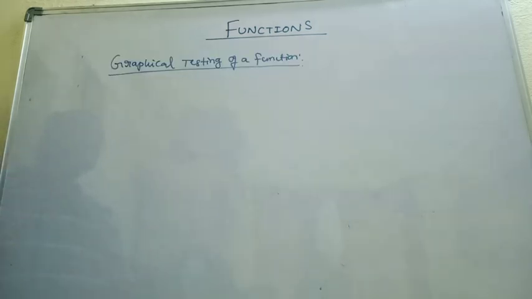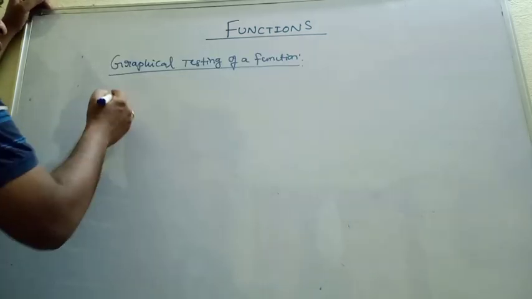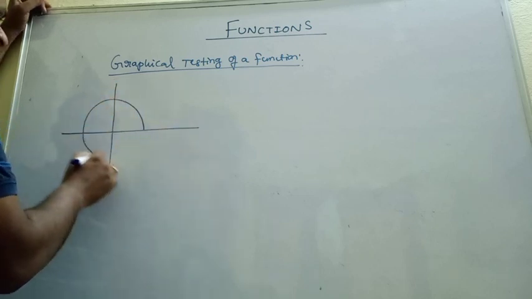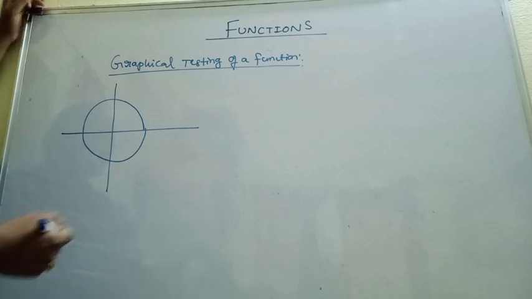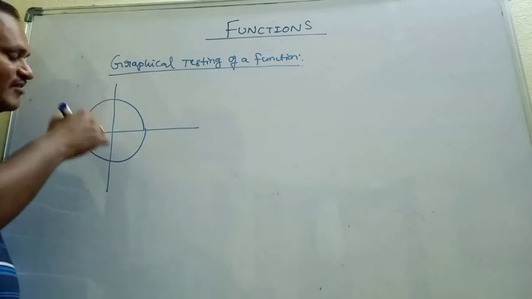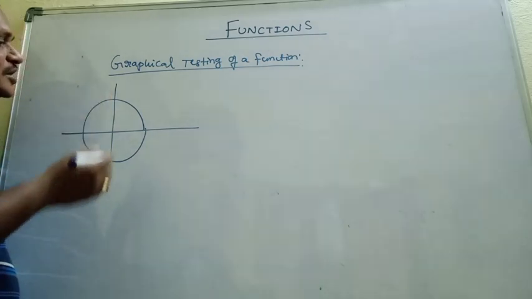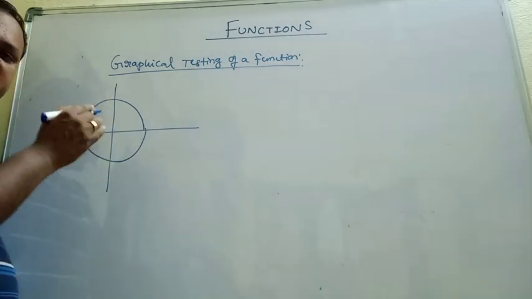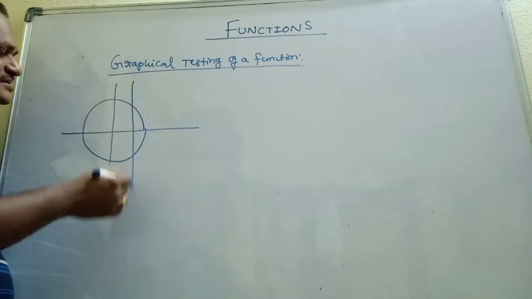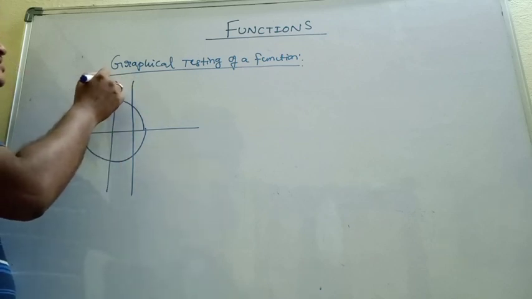Next we have graphical testing of a function. If you take, my students, any graph of a function, for example a circle, will it represent a function? The test for this is the vertical line test. What is the vertical line test? If you draw any line parallel to the y-axis, a vertical line,